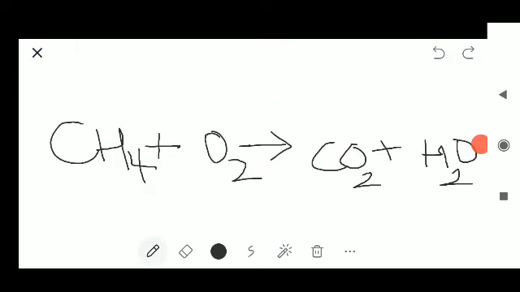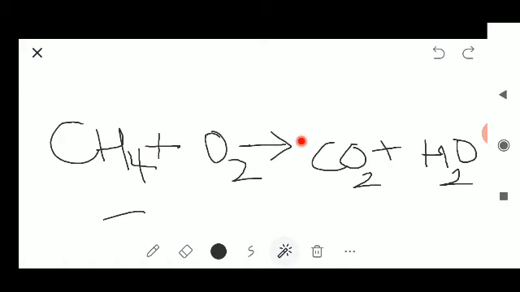Now coming to our point, how to balance chemical equations. This is an example of an unbalanced chemical equation. See how many kinds of atoms are present in this entire chemical equation. We have 3: carbon, hydrogen and oxygen. We have one carbon atom on the reactant side and one carbon atom on the product side. And you are all aware from the previous video, whatever is on the left-hand side of a chemical equation is called reactants, and whatever is on the right-hand side is called products.